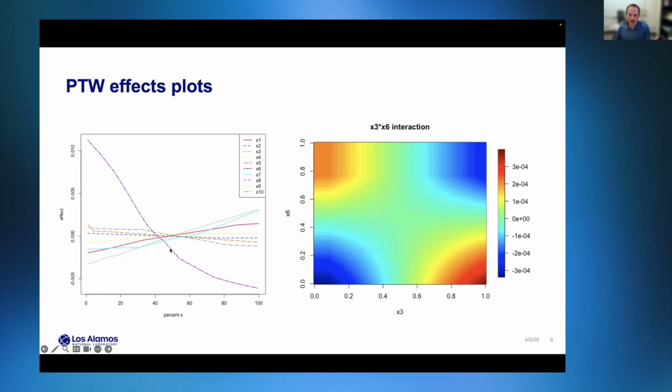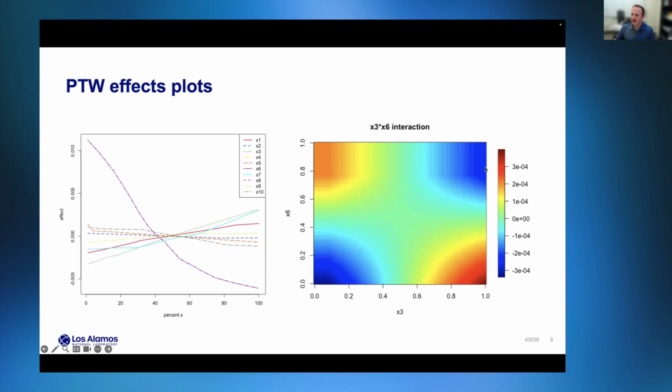It's already an interesting thing, right? We can see x6 is a dominant player here if we have uncertainty over this unit hypercube, and we can see which direction the effects go. We can also see interaction effects. So this is the 3-6 interaction. And we see at particular extremes,